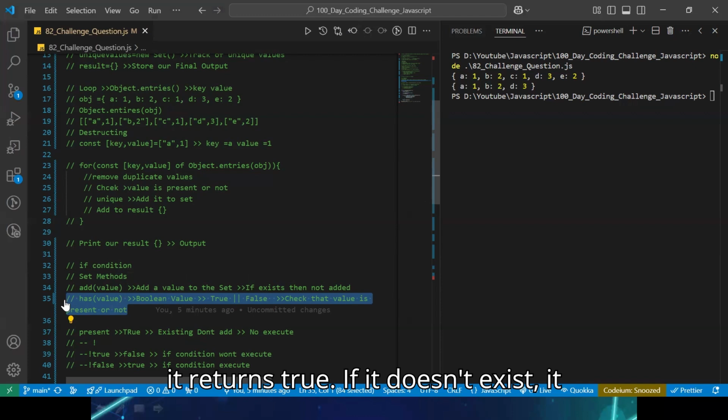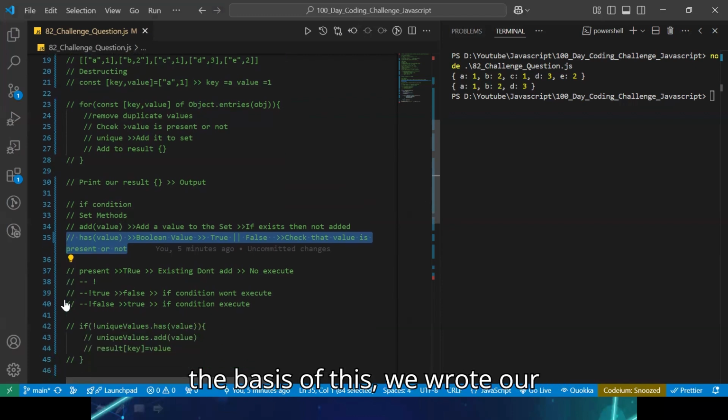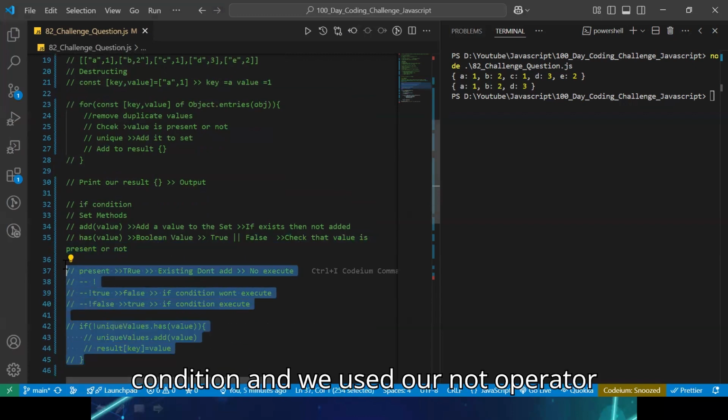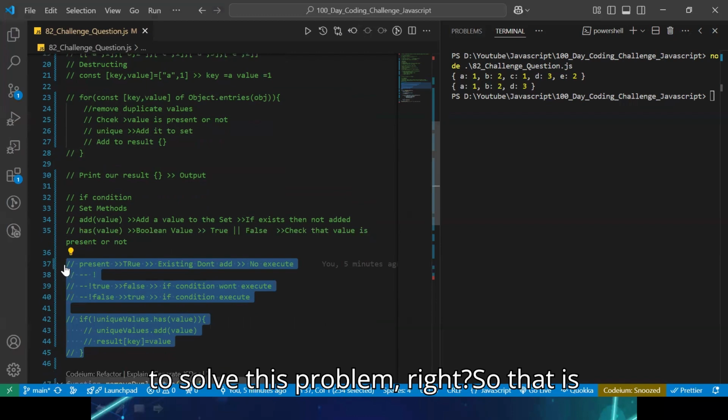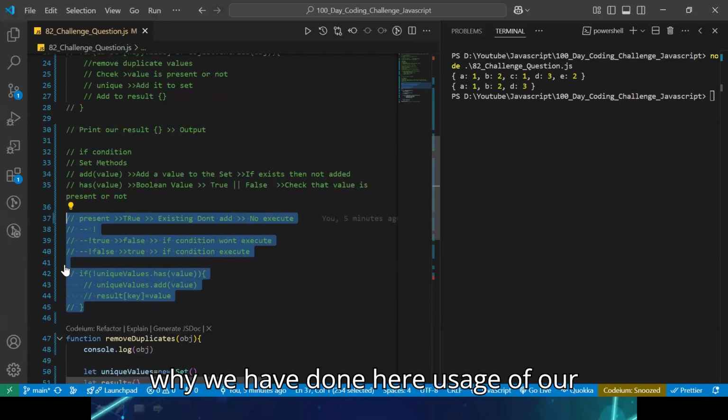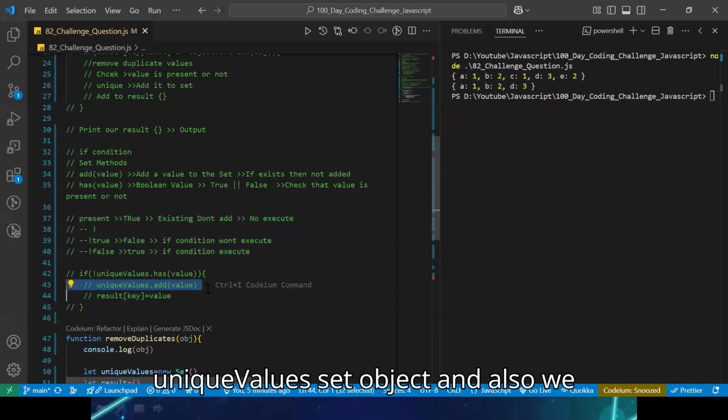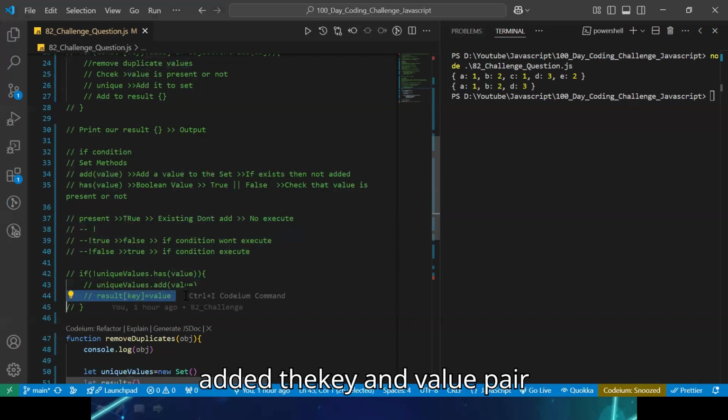If it doesn't exist, it is going to return false. So on the basis of this, we wrote our condition and used our not operator to solve this problem, right? Then we added to the unique values set object, and also we added the key and value pair to our resultant object.